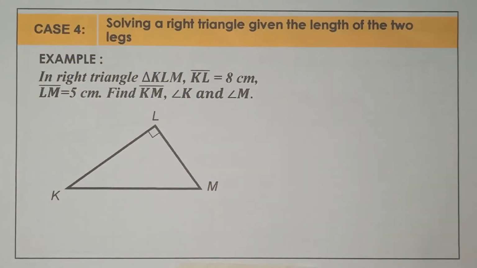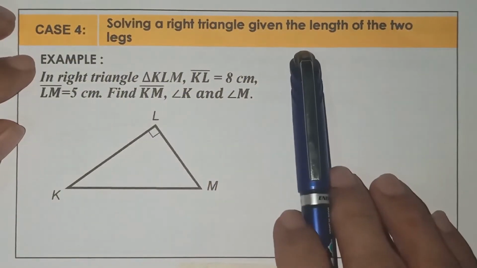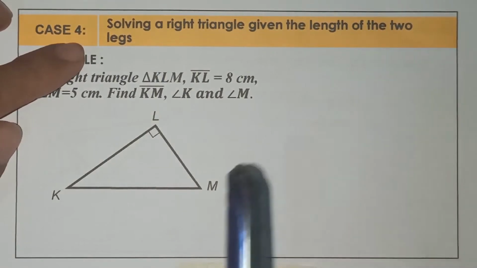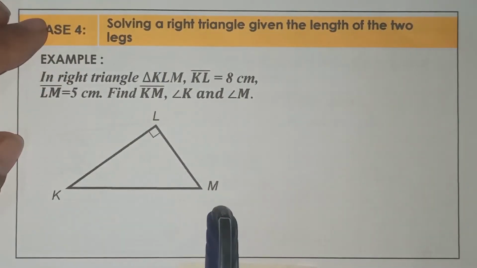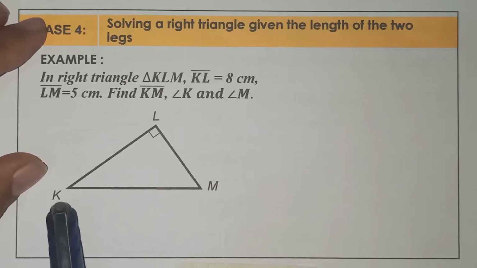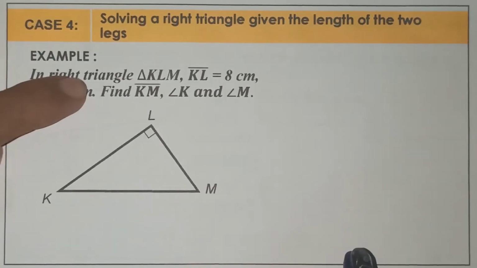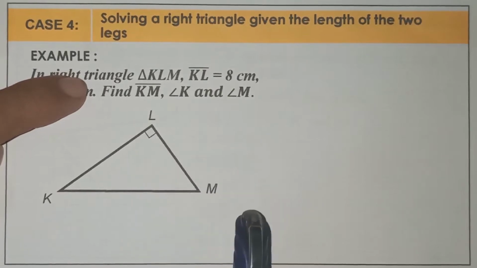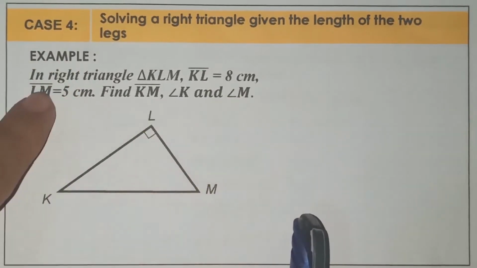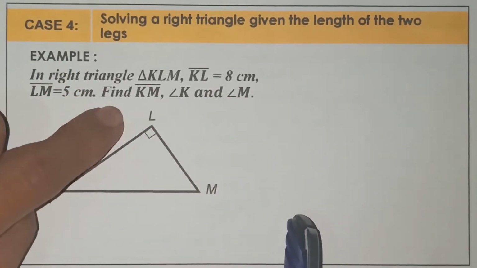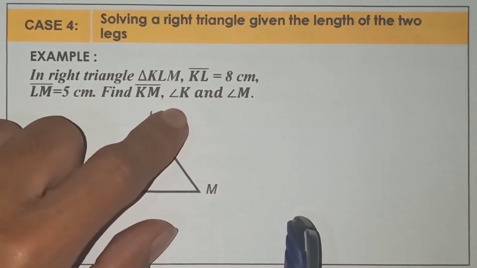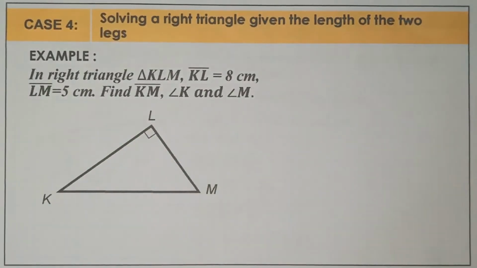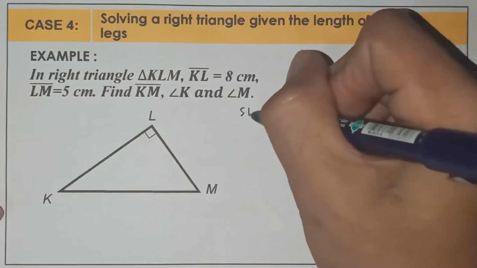We're now in case number 4, solving a right triangle given the length of the two legs. Instead of using ABC, we're using another letter, which is KLM. In right triangle KLM, which is right angle at L, KL here is 8, LM is 5. We need to find KM, angle K, and angle M. So in this case, for step 1,